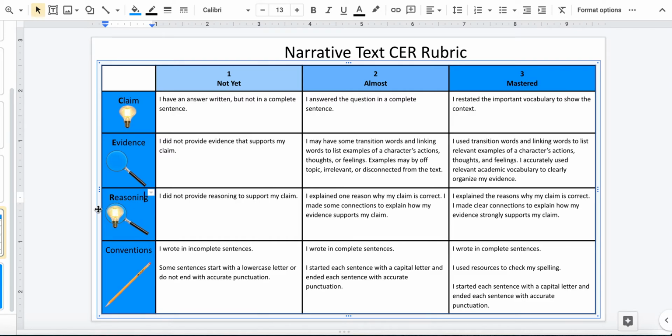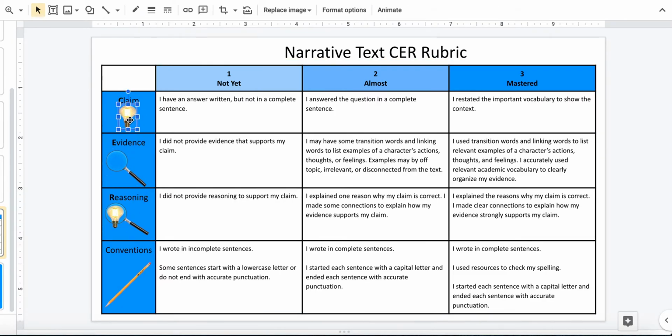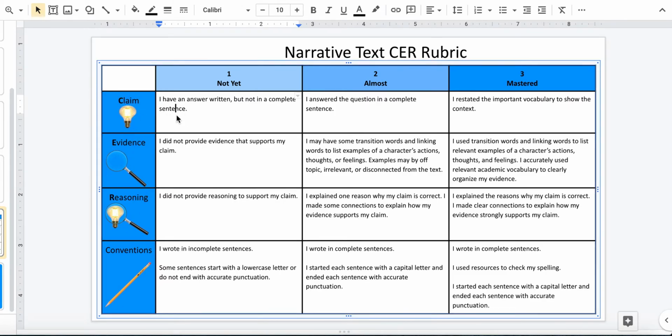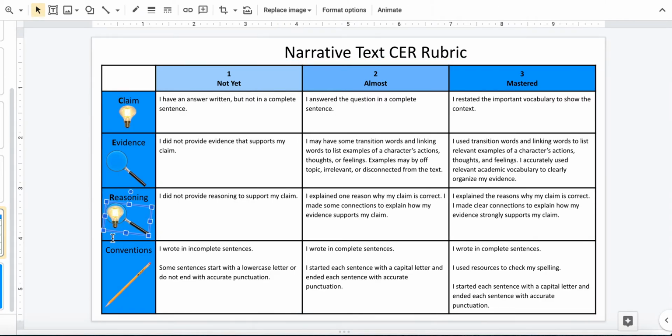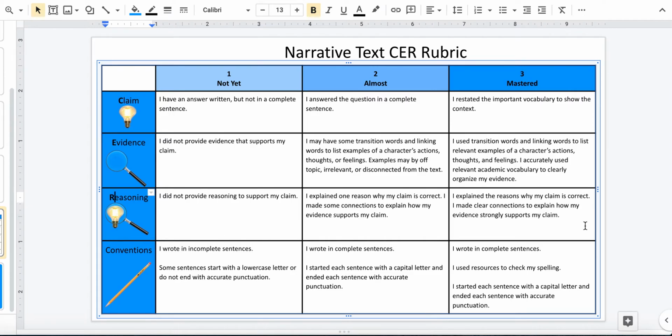Reasoning shows that we're highlighting our claim with our evidence. The evidence shows a magnifying glass, and the claim is our light bulb, or our idea, our opinion. So when you have reasoning, that means that you're telling about how the evidence supports the claim. This will make sure that I get to a 3 if I have clear connections that explain how my evidence